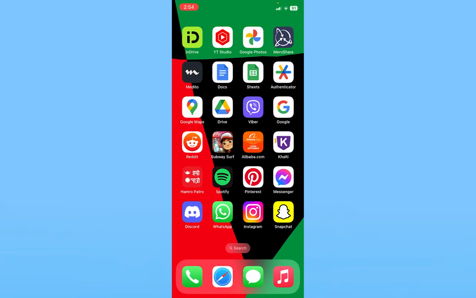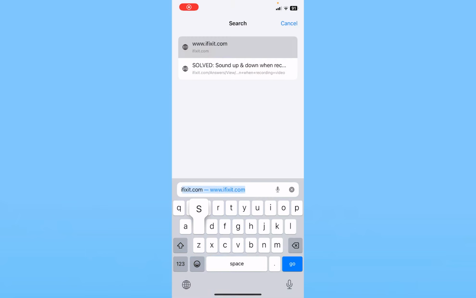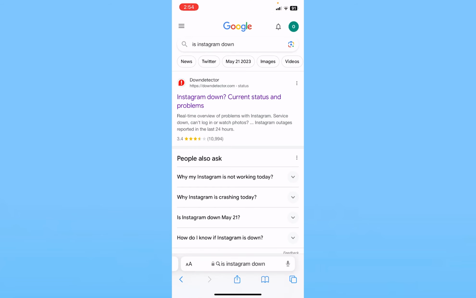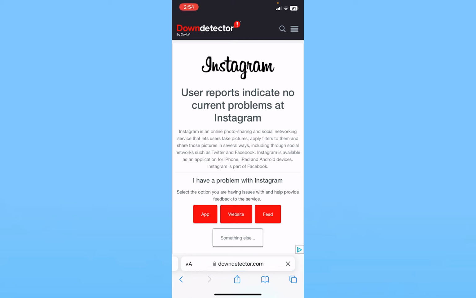And even after doing this, if it's still not fixed, what you can do is go to your browser and search for is Instagram down. Once you search for that, click on the first option, Downdetector. Then it's going to show you if it is working or not. It says user reports indicate no current problem at Instagram, which means for other people Instagram is working properly,